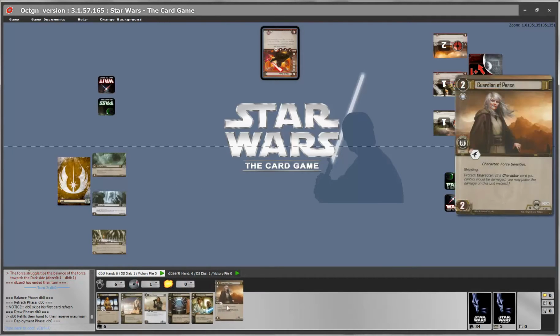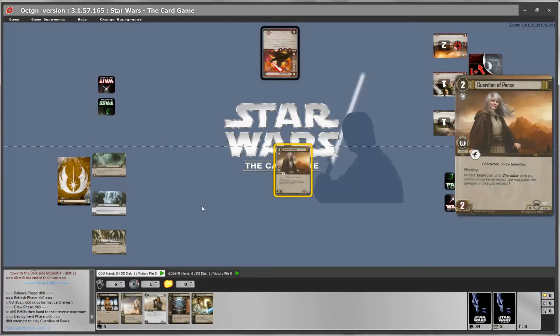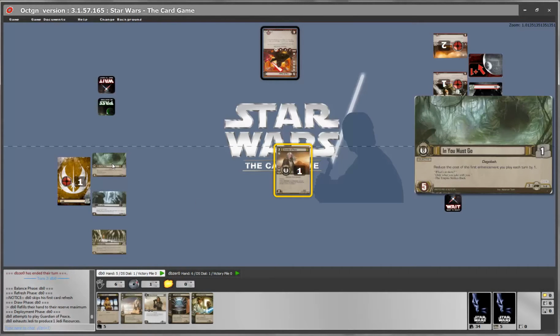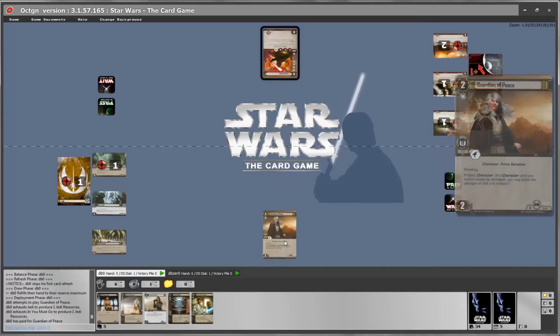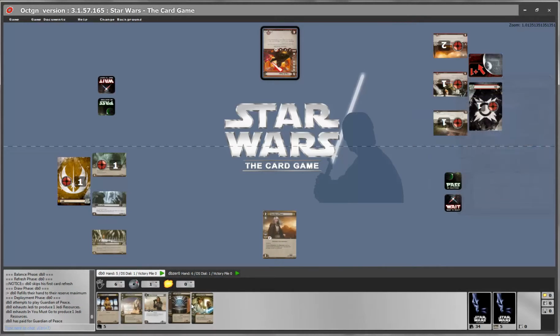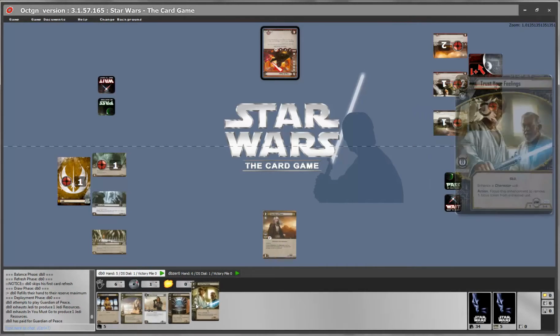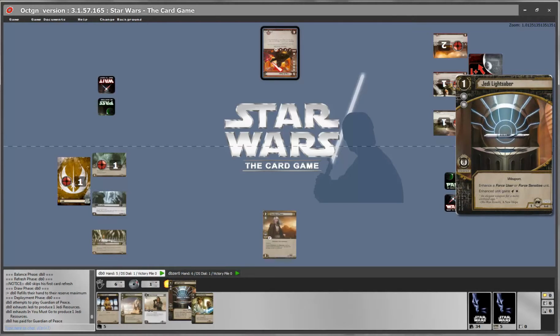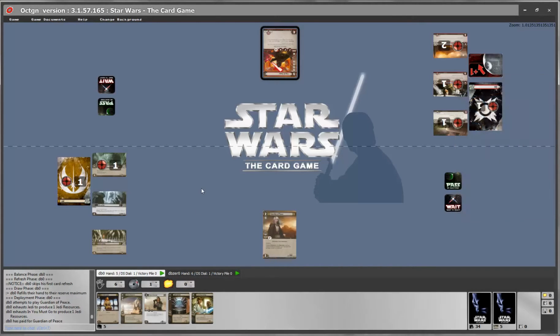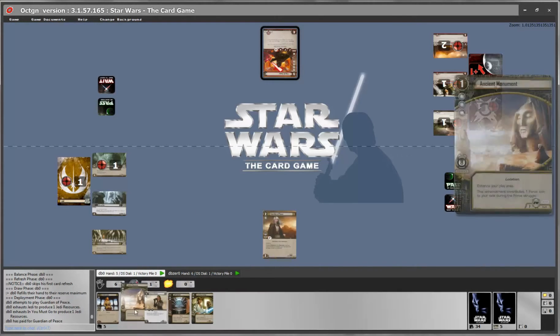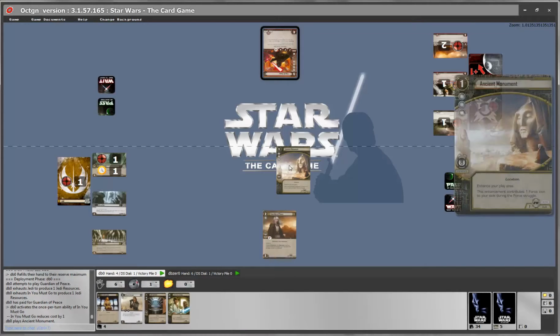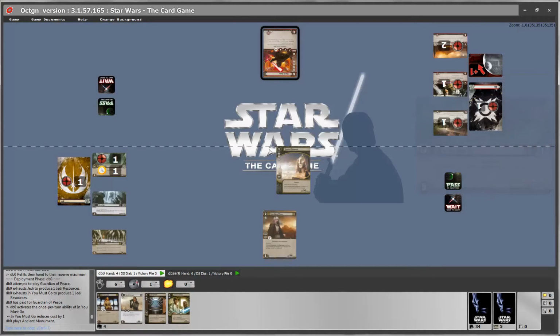Let's say I want to play a unit. I want to play this Guardian of Peace. Double click this unit, give her 1, 2, Guardian of the Peace comes down. Let's say I also wanted to give her a Trust Your Feelings, a Jedi Lightsaber enhancement. Now, enhancements are coming two ways. Either we have generic enhancements that enhance your play area, which you play, they come down, and you drag to the area you want.